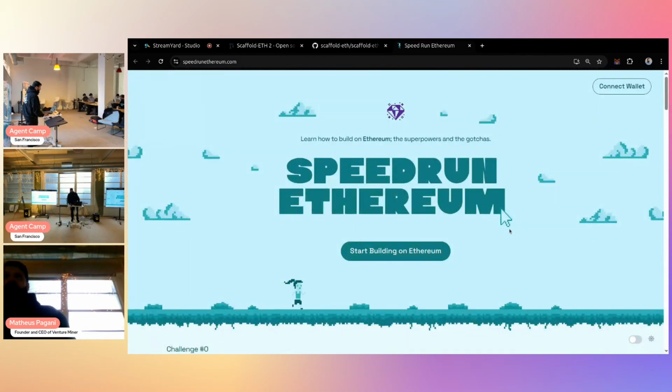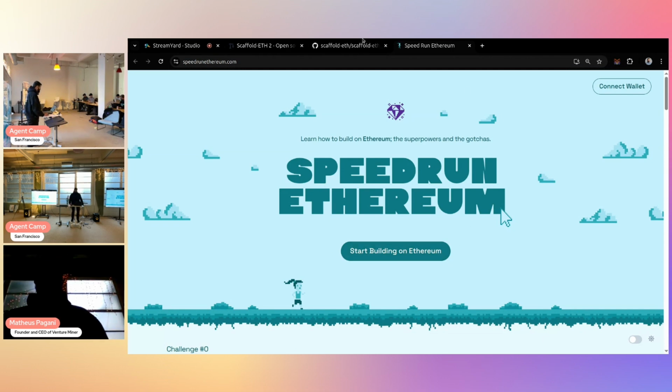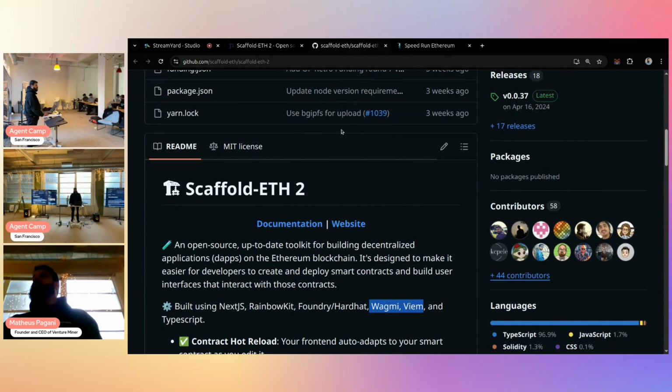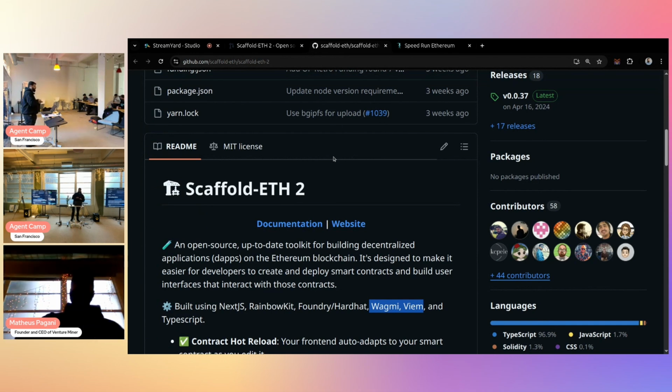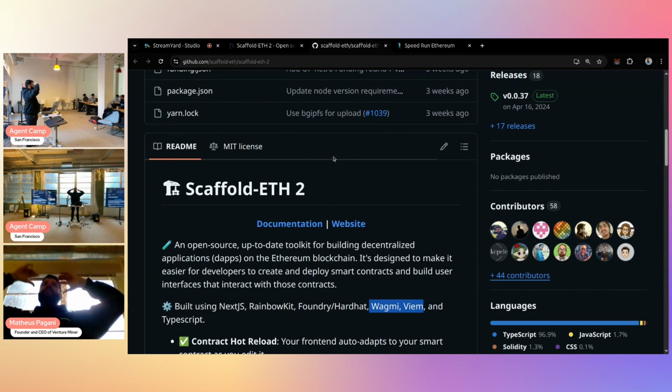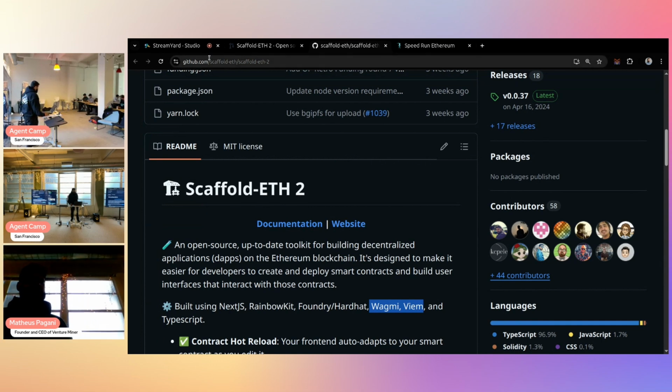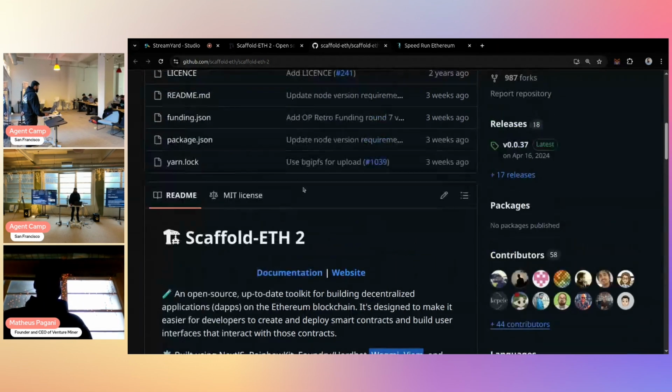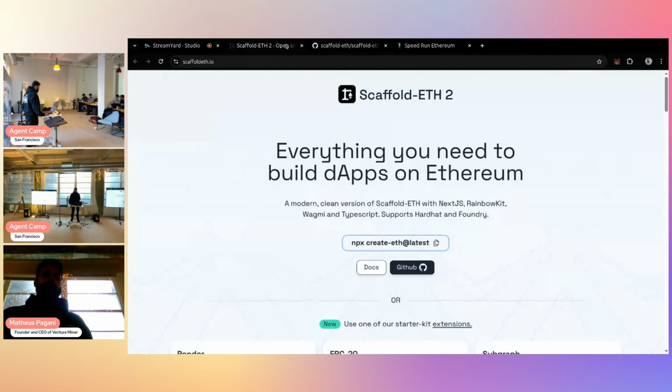If you already know a bit of blockchain, if you already deployed a smart contract, you might want to skip that and go directly to Scaffold-ETH to start coding. So this is what I'm going to pick for today. We have about 20 minutes for that. I'm going to clone this repository on my machine, fork it, start it. It's going to be like a scaffold structure for me, and I'm going to use that for building a smart contract and deploying it. So we are going to go to this repository, Scaffold-ETH 2 on GitHub, or you can go to scaffoldeth.io.